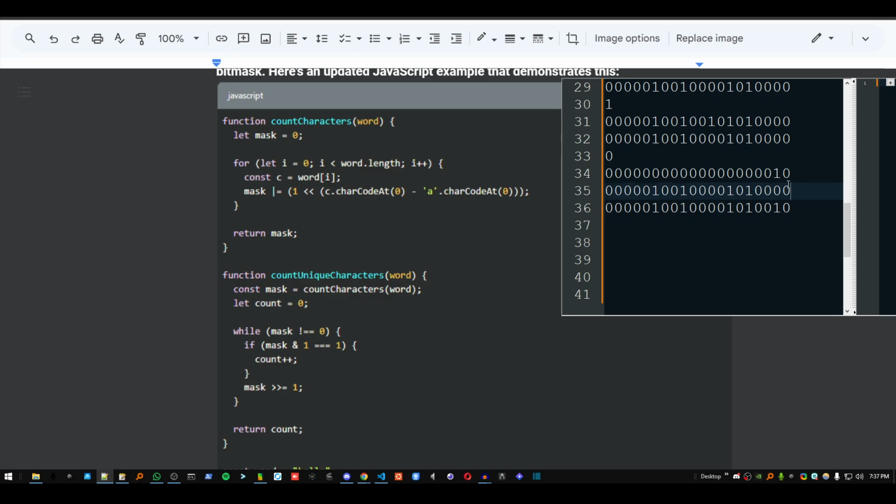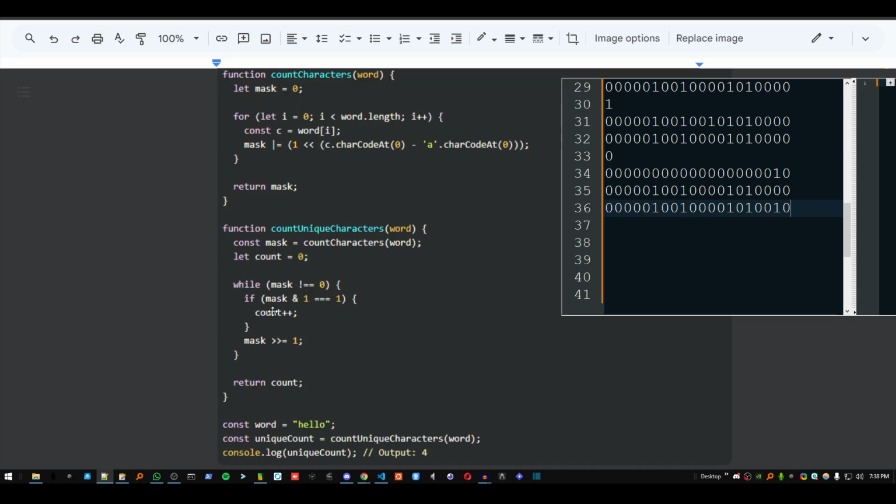So each character I loop, I keep putting ones here, and then in this unique character I can count them. What I'm gonna do here is loop through all these numbers. Let's say this one, right? I'm gonna loop through them here in this while,